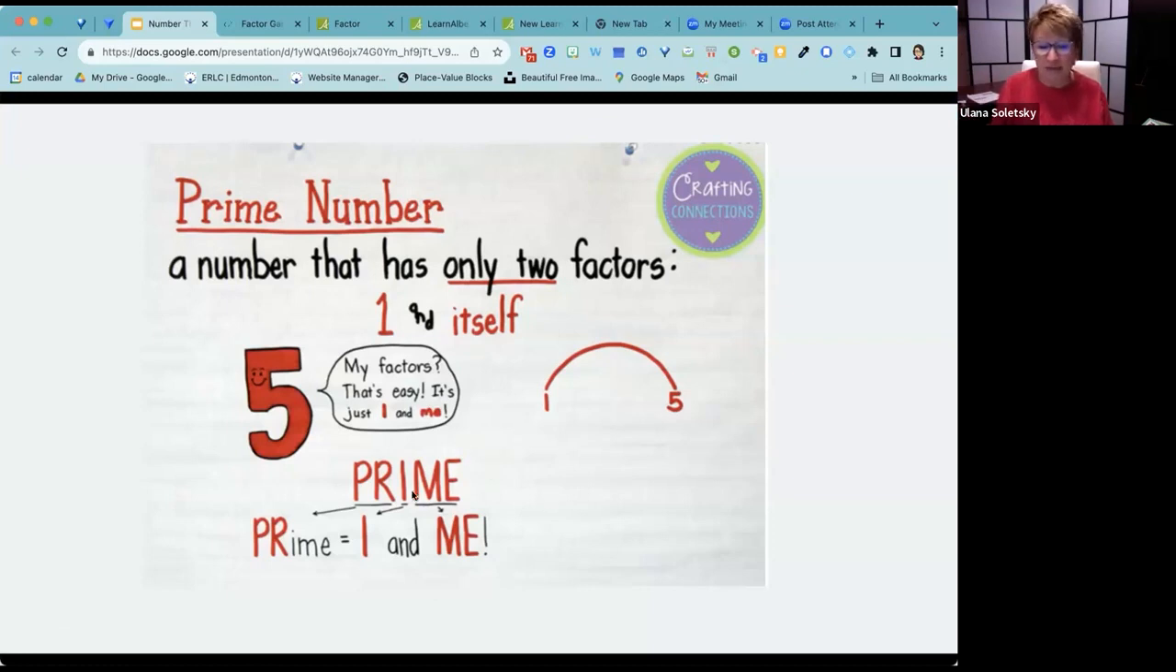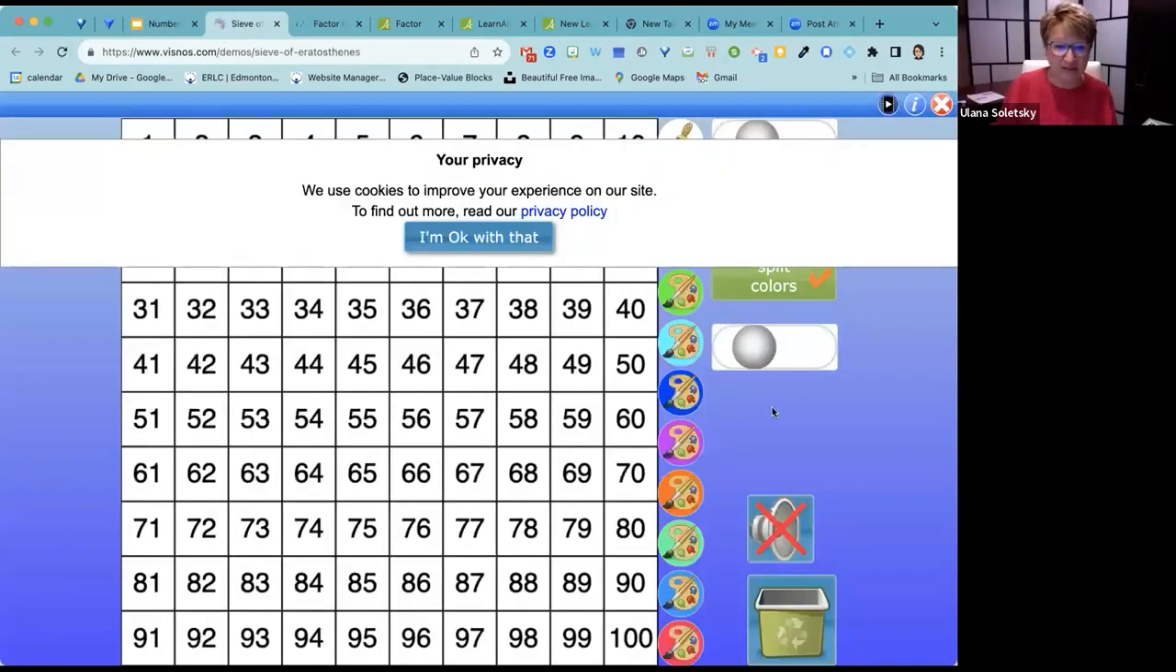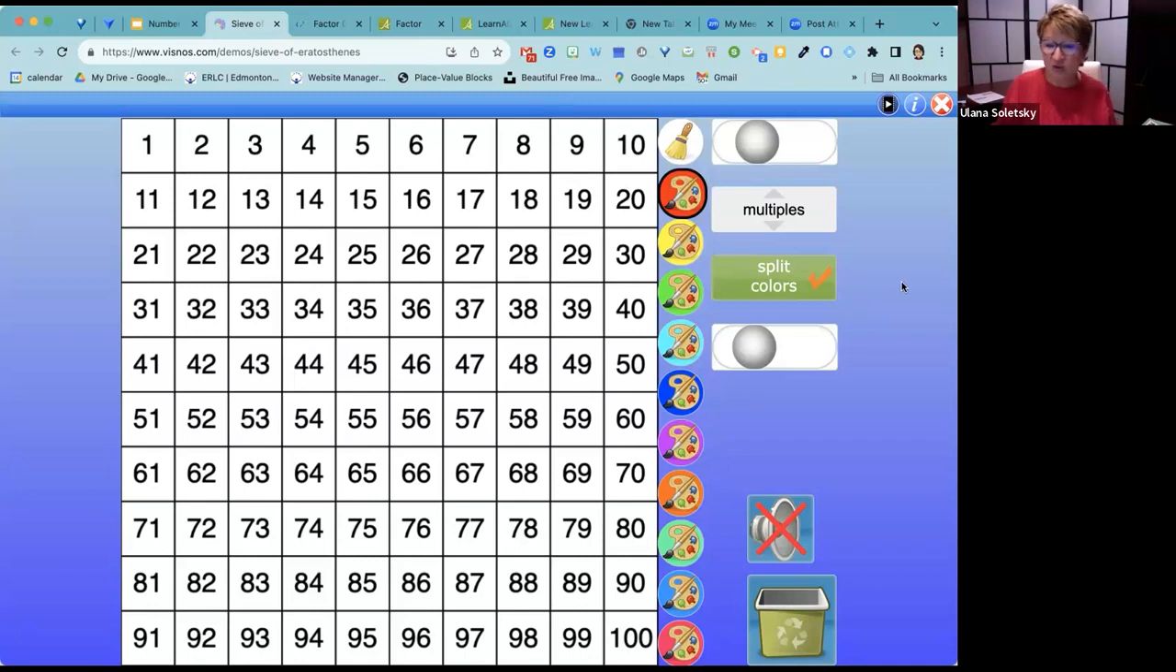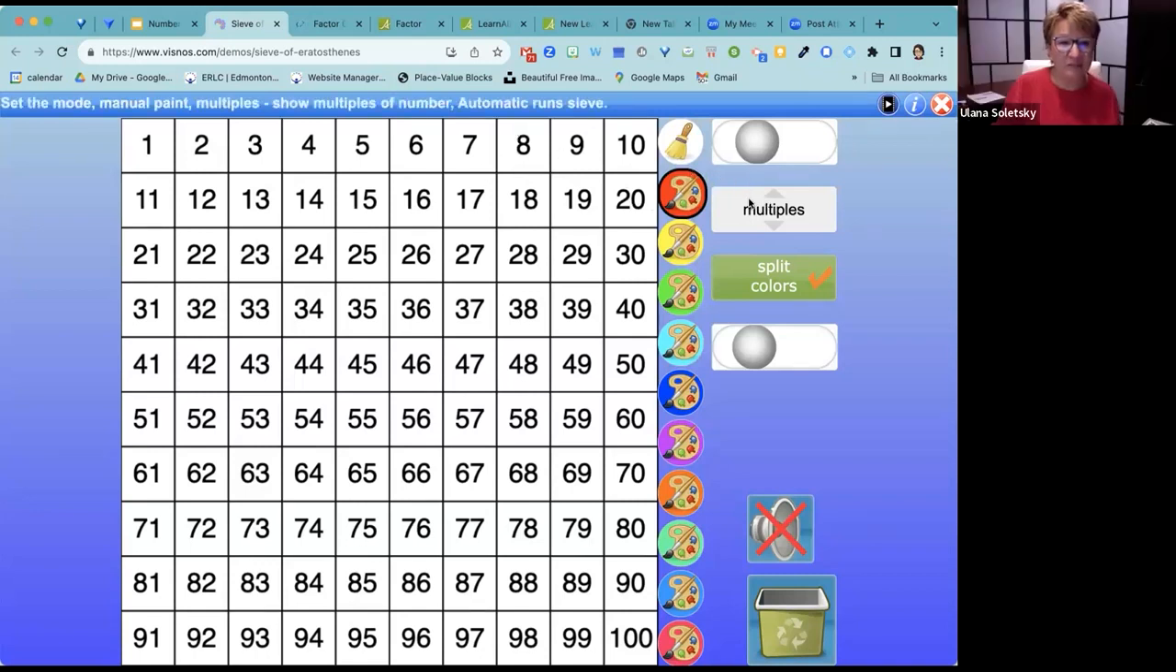And this is great. And now when I was teaching, I always did the sieve of Eratosthenes. Still can't say that word. And I'm just going to go to this one here just to show you where it is and what it looks like. And so you could do this on your board and you can say, okay, set the mode, paint multiples, show multiples of a number. So for example, I can just go multiples, split colors,